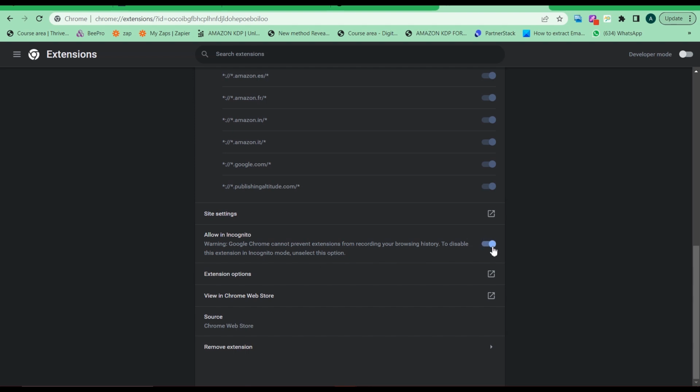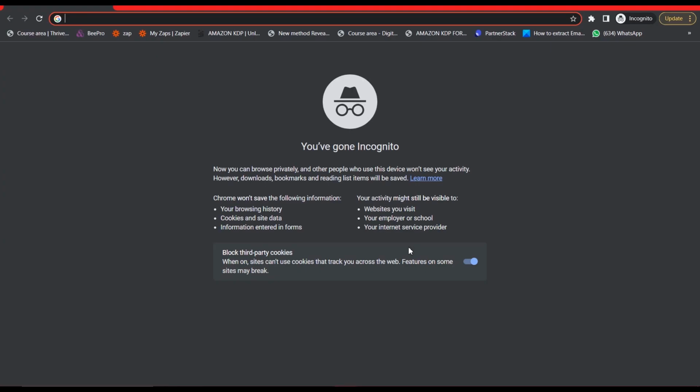whether you are using your mobile device or your PC. Toggle allow in incognito. What does this do? It allows you to access the extension even when you are browsing anonymously. Now what's an Incognito tab? When you press Ctrl+Shift+N on your PC, your browser is going to open a new tab that is anonymous. This is what they call an Incognito tab. It doesn't keep a record of your browsing history, and your cookies and data are not kept. So this allows us to do research on KDP without being